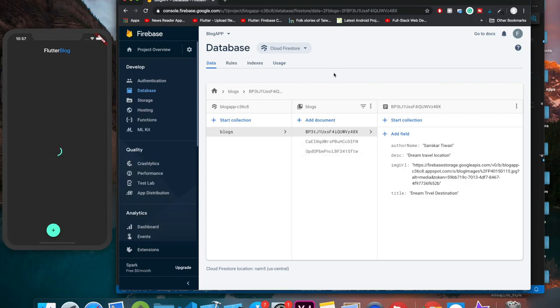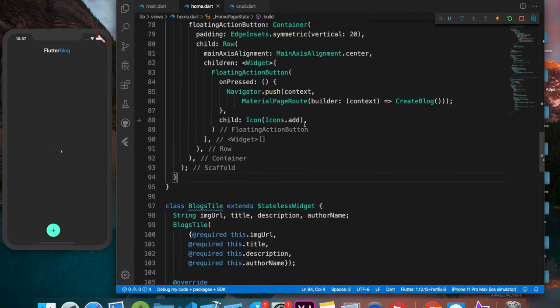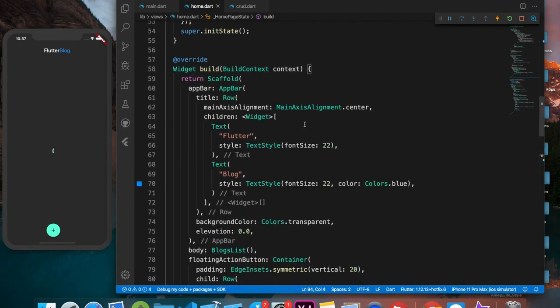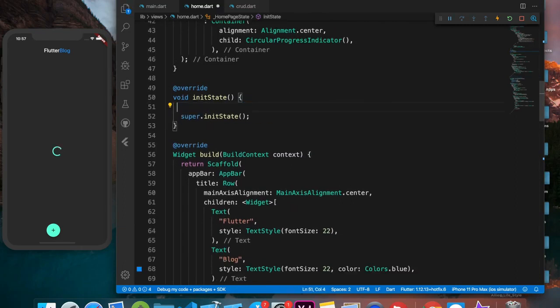Because I think it's an internet problem, or is it something which we are doing wrong? So let me have a look, sir. What is happening is, when we are starting the app in the init method, in init state, we are doing this. So